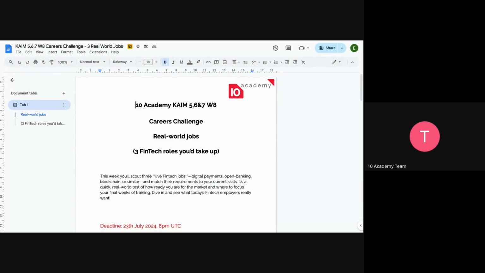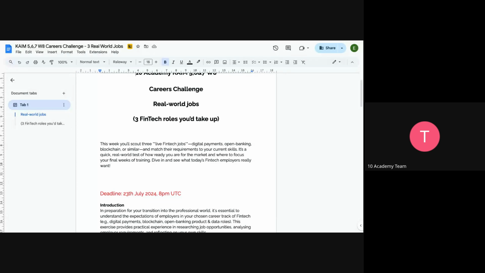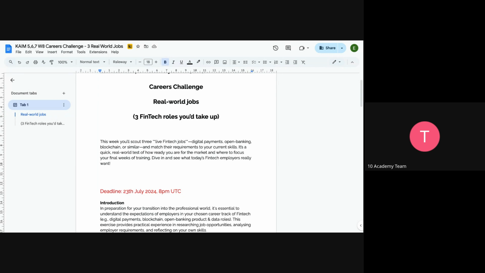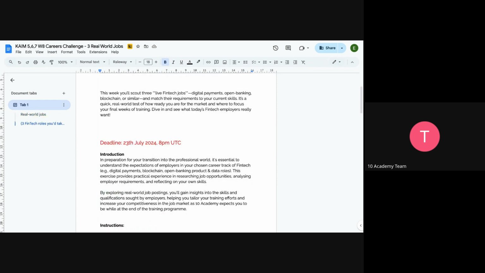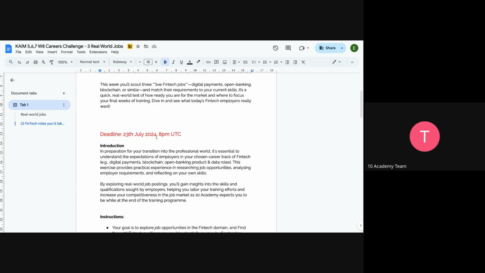Today's current challenge is about three fintech roles you take up. So let's see what we have here. As an introduction, this week you scout three live fintech jobs: digital payment, open banking, blockchain, or similar, and match their requirements to your current skills. It's a quick real-world test for how ready you are for the market and where to focus your final weeks of training here at Kifiya. So dive in and see what today's fintech employers really want. The deadline is going to be 23rd July. This is not 2024, it's 2025